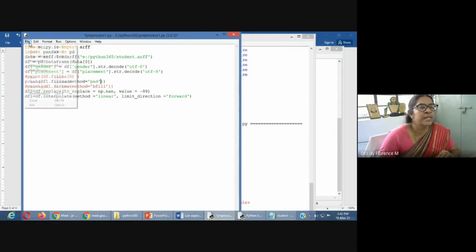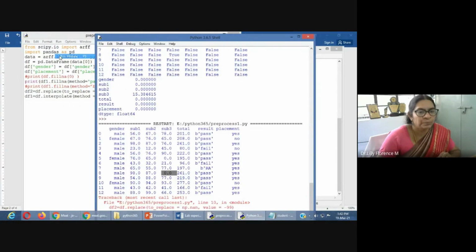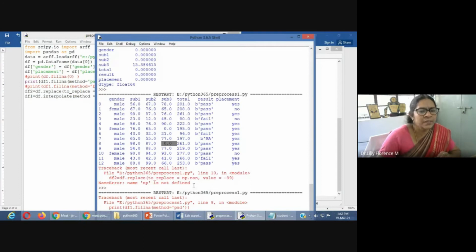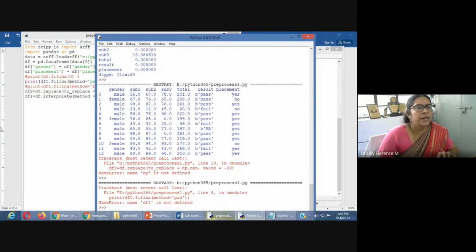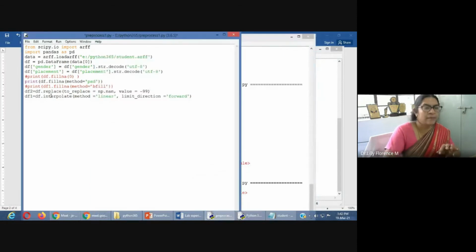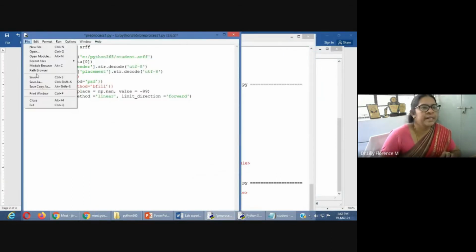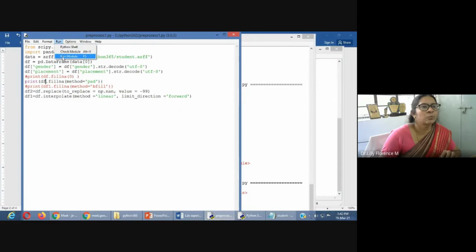So I will show the result now. If you try to fill the data with the previous value, you get the result in DF1. Yes, our data frame is DF.